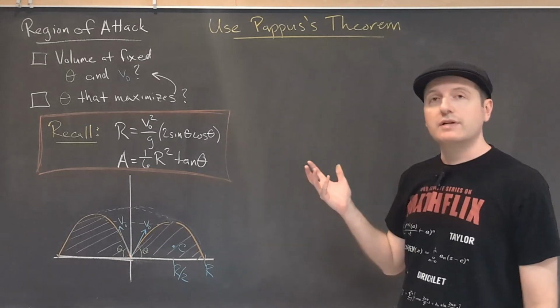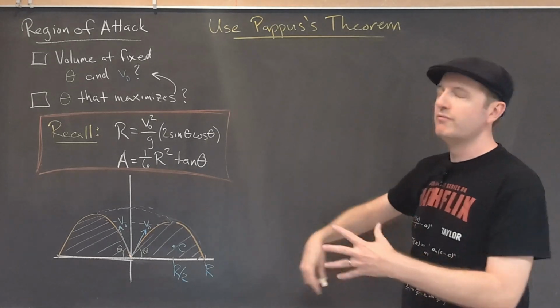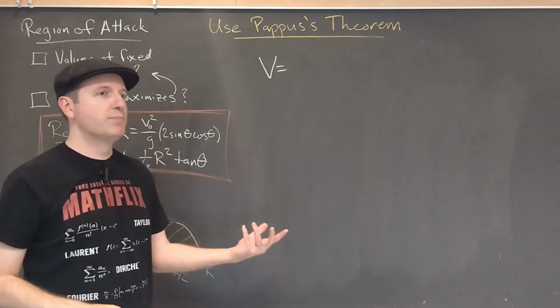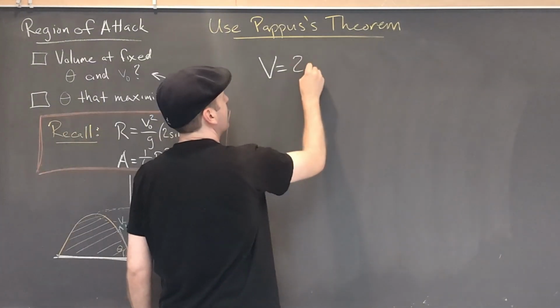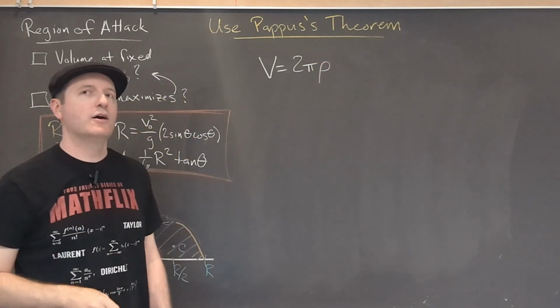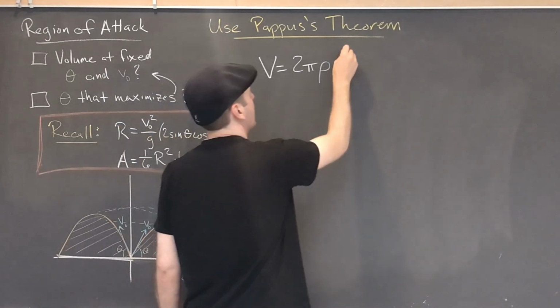Now, here's the statement of the theorem. If I want to calculate the volume of a revolved area, that will simply be 2 pi times the radius of rotation of the centroid of that object